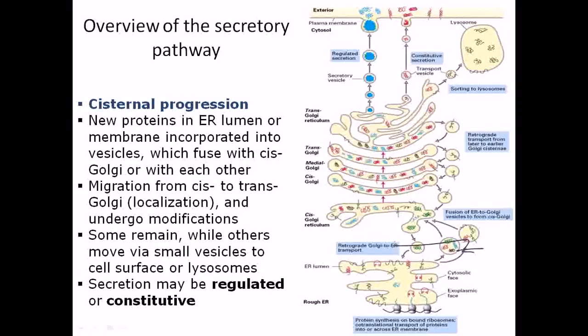So once they are there, they will migrate into the cis Golgi network. This is the first part of the Golgi network that they encounter from the ER. Now through this cis Golgi network they will migrate to cis Golgi, medial Golgi, trans Golgi, and finally the trans Golgi reticulum. And this reticulum part of the Golgi bodies is kind of fragile because new vesicles are docking, making fusion, and elongating it. And from the trans Golgi reticulum new vesicles come out, they go and attach with the membrane, and they are expanding the membrane as well as delivering the proteins